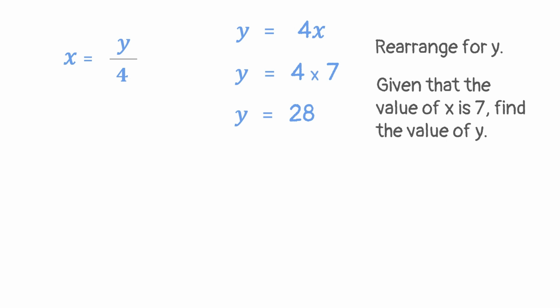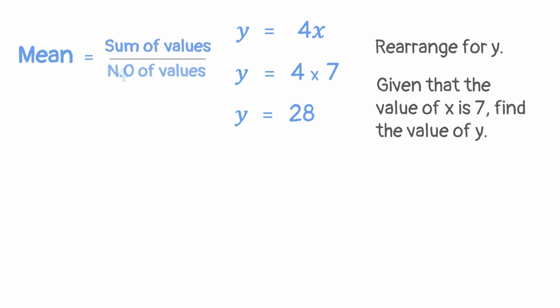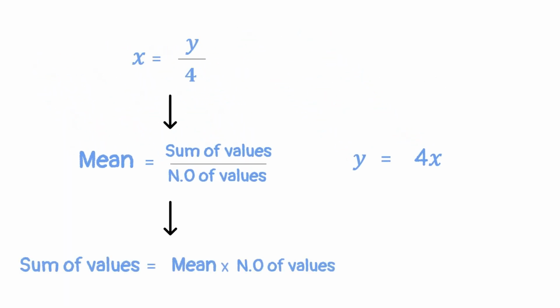I'll admit, this isn't just some random bunch of letters I chose. This is the equation for the mean. The mean is equal to the sum of all values divided by the number of values. I originally did this with just letters because it makes it less messy to teach. However, at the core, the same idea applies. If we bring the equations on their own, they directly link to each other. The y is the same as the sum of all the values,